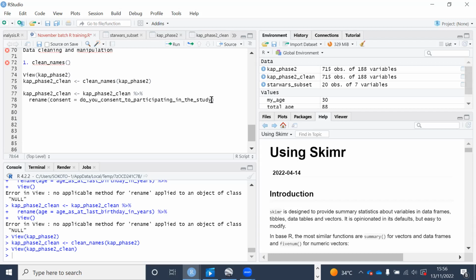Or alternatively, instead of running them individually, we can actually run the renames together. Let's say we want to change 2 or 3 names. After this, I just put in a comma, and then I press enter to come to the next line. The first line is to change the one of consent, and then let's do the one of age, equal to age as at last birthday. So I'm renaming 2 different variables now, the first one and the second one. If I run Control Enter here,